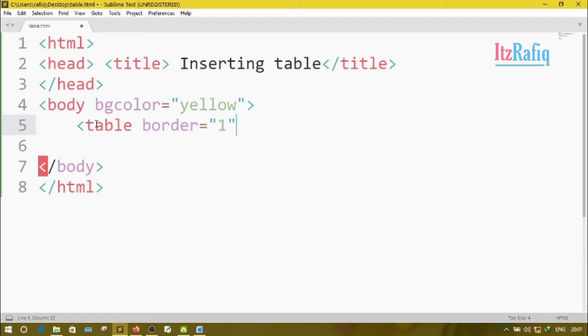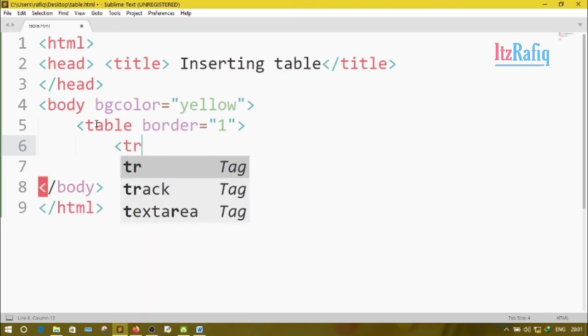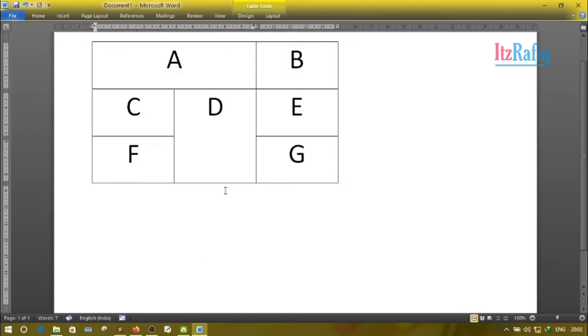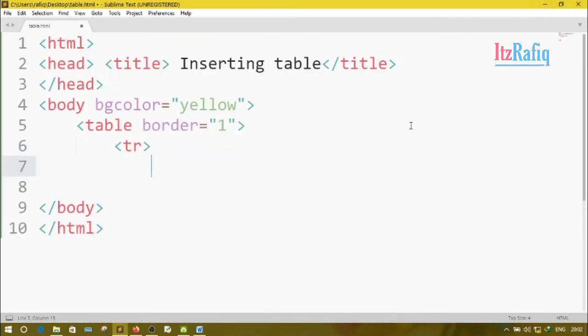Now suppose I don't need any color, so I will not write anything about it. Now TR for making the row. Now see in the question, here I have two boxes, but in the first box two columns are combined together. So after TR I will write TH,